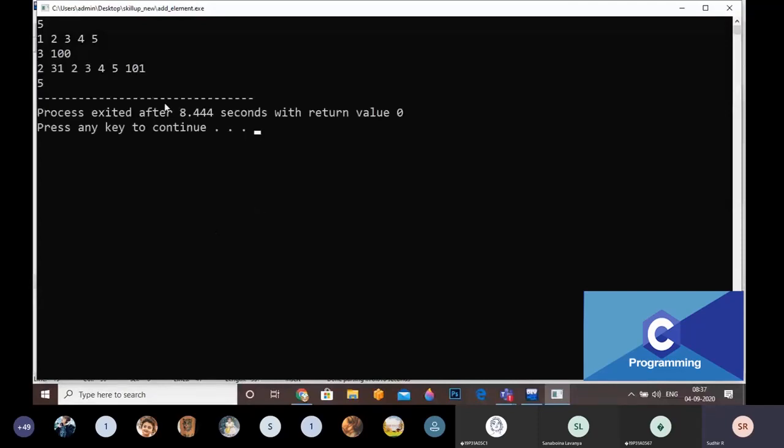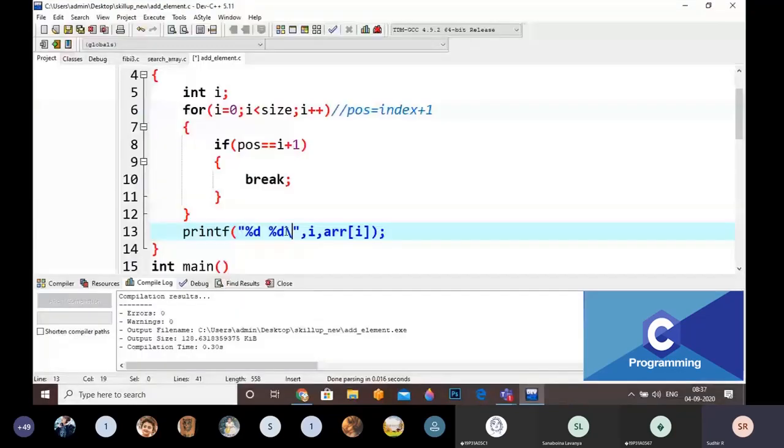I am going to execute: 5, 1, 2, 3, 4, and 5. My position is 3 and the value is 100. Just wait, I am going to give some \n here. 5, 1, 2, 3, 4, and 5. The position is 3 and 100.